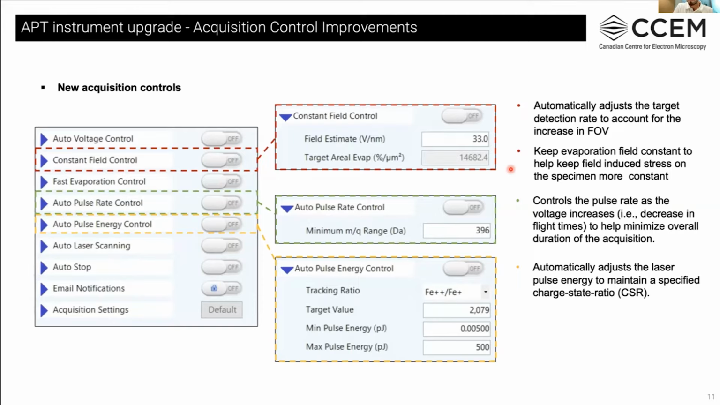The auto pulse rate control allows the user to collect data faster by continuously varying the pulse rate during the experiment. Since the time of flight depends on the specimen voltage, flight times get shorter as the analysis proceeds. We can use that to our advantage with this feature by allowing the pulse rate to increase as acquisition proceeds. All that is required from the user is the maximum mass to charge state value that we want to detect on the